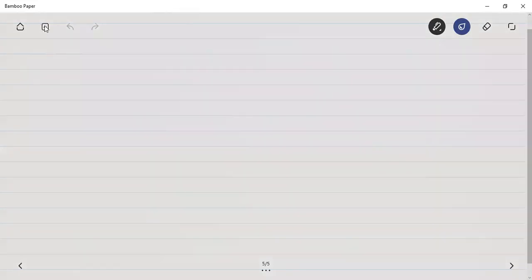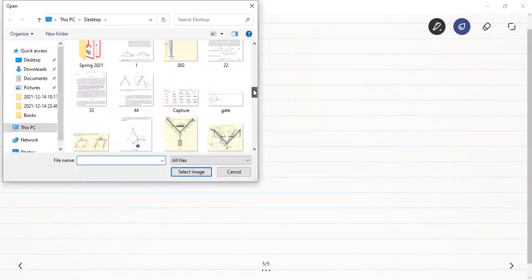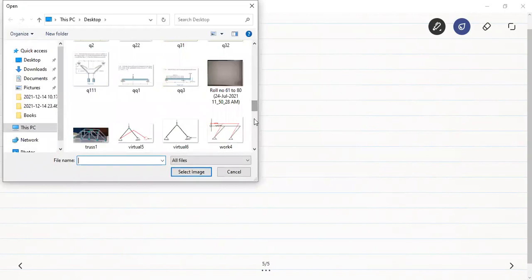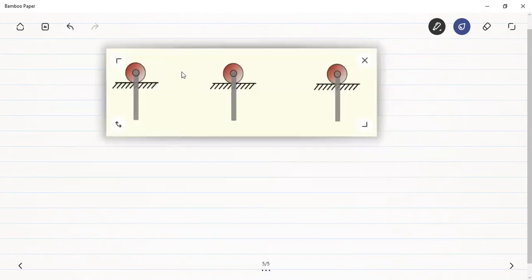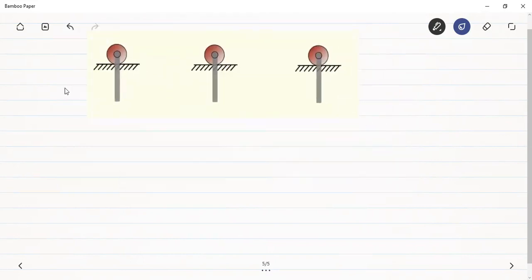So what does this say? What does this mean, consistent with the constraints? Let's look at this figure. Let's take this as a roller support. So this is a roller, not any support. Here we have some ground. You can see that this is a ground and there is a roller. What could be the motion of the roller? In the horizontal direction, but it has to be consistent with the constraint of the support.